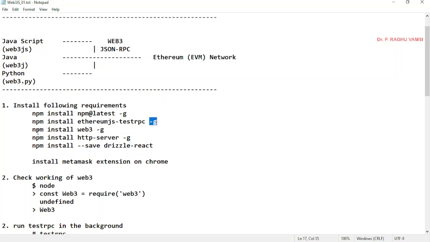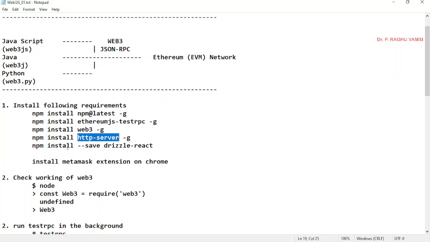Next one is npm install web3 -g, npm install http-server -g. Actually, we are going to install this http-server because we want to give the IP address of our system to anyone, so that they will also type the same address and port number and connect to our computer, and they may also interact with the blockchain.